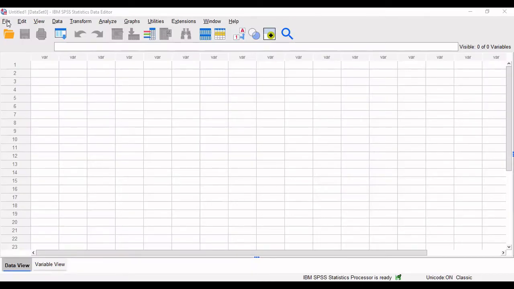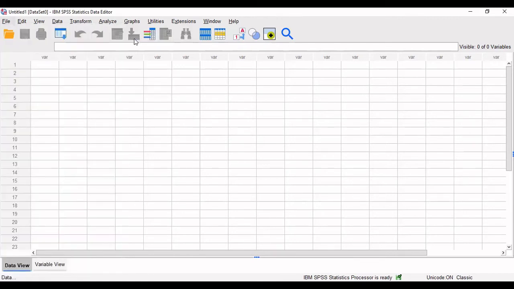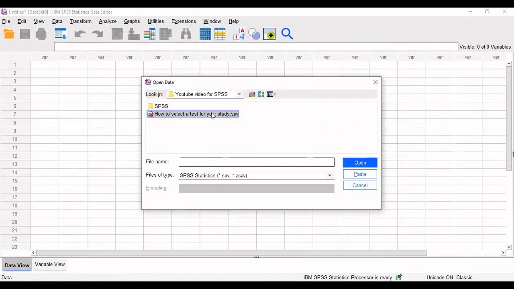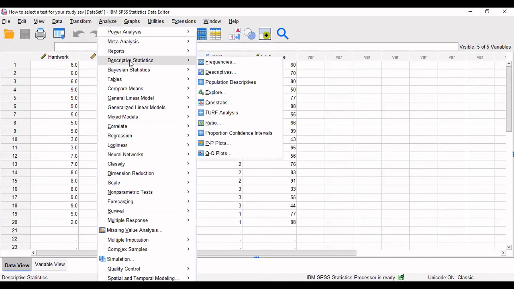Now go on File, Open, and go to the data which we created in the last video, select that and open it. This dummy data we are going to use to test the normality of the variable. So now go on Analyze, go on Descriptive Statistics, then go on Explore.